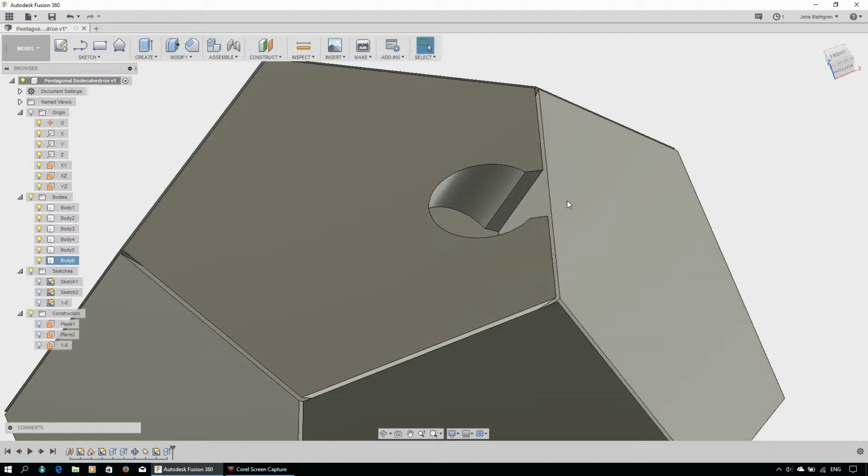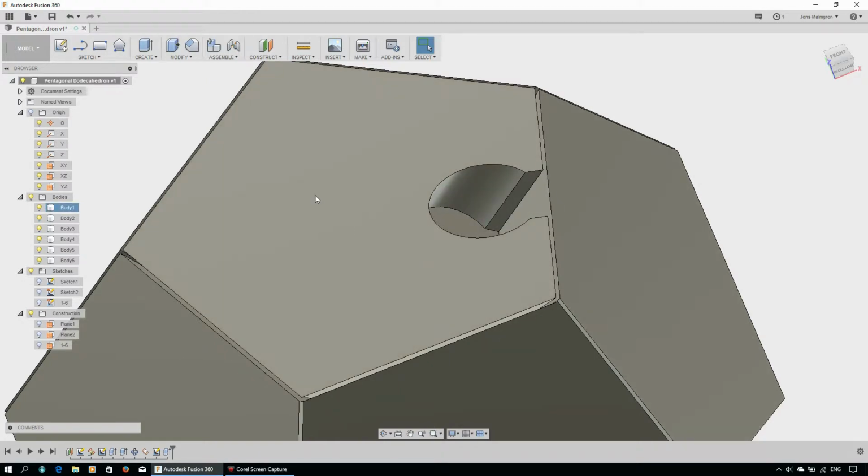and in here I will later make other pieces sticking out that will fit in here, that will hold the puzzle together. So